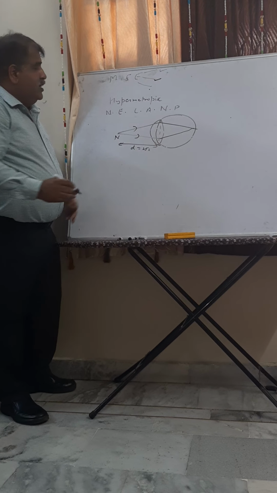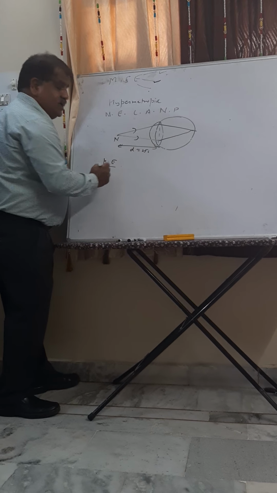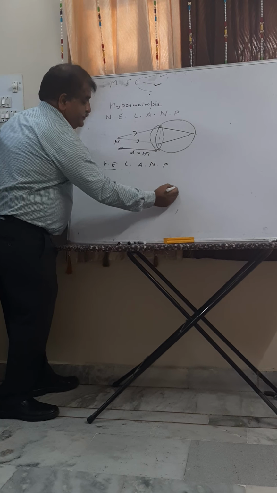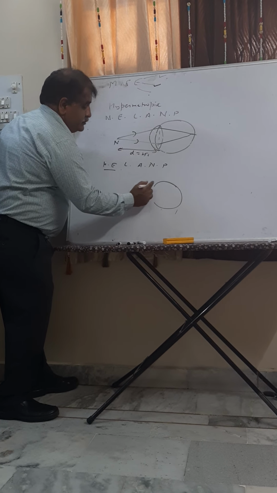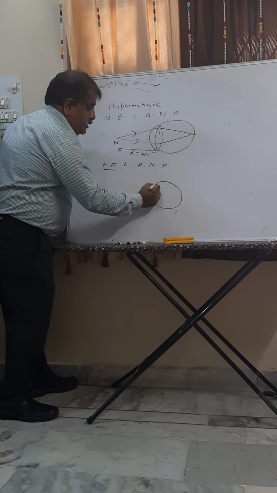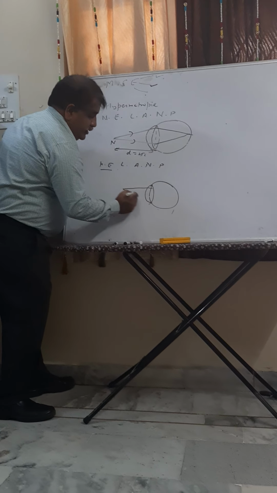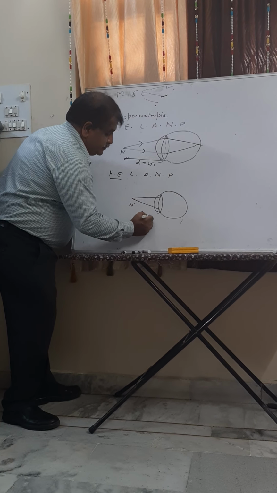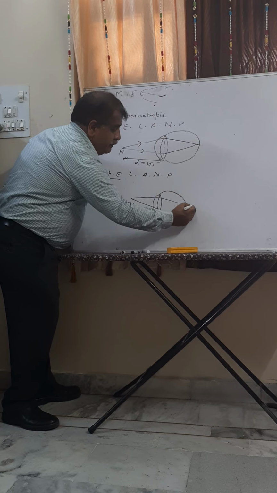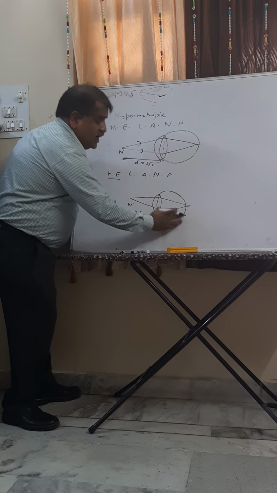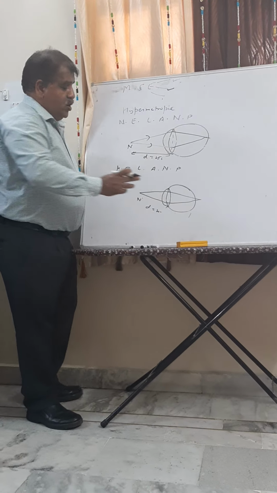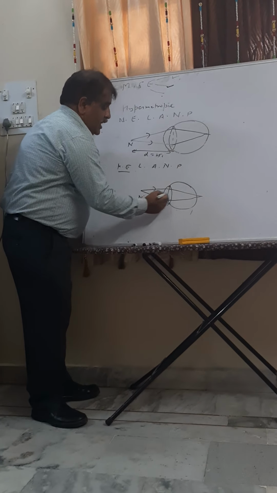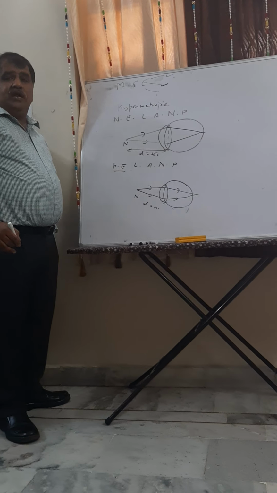Now let us say HE, which means hypermetropic eye, looking at the near point. In that case, when the object is placed at the near point, that is 25 centimeters, the image is formed after the retina, because either the size of the eyeball has decreased or the converging power has decreased. That is why the image is formed somewhere here. Am I clear? How to do the correction?